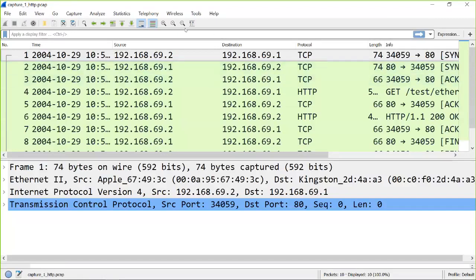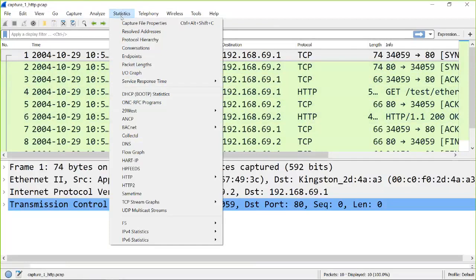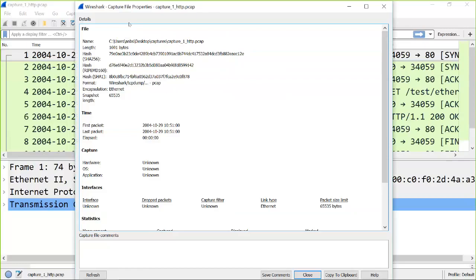So let's start. We have a lot of options. All the statistics related options are under the Statistics menu. If I click here, there are so many things. First, let's test the capture file properties. Before that, imagine you are a security analyst, and you have got a file, and the person who created that file has sent it to you. The first thing you would mostly like to do is just check the file. Just click on capture file properties, and you can see